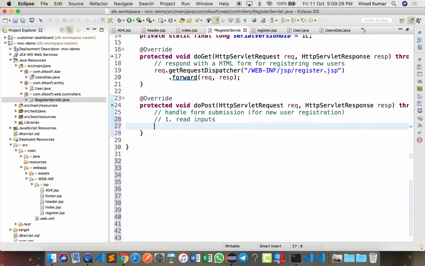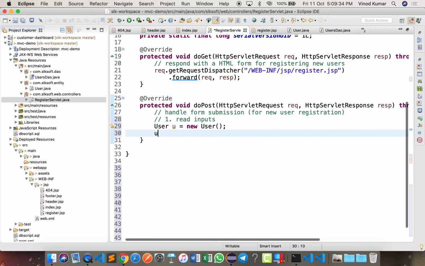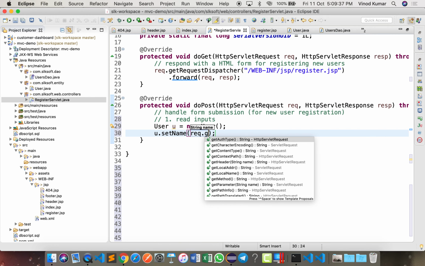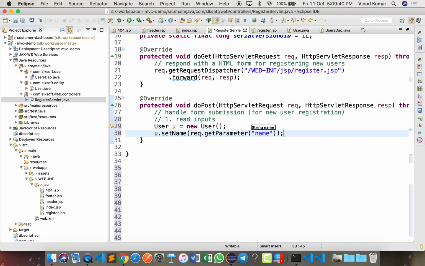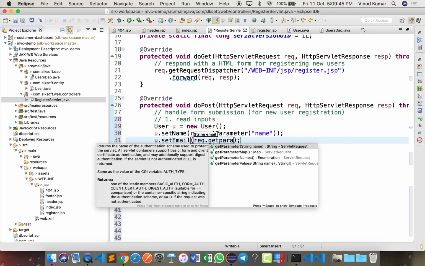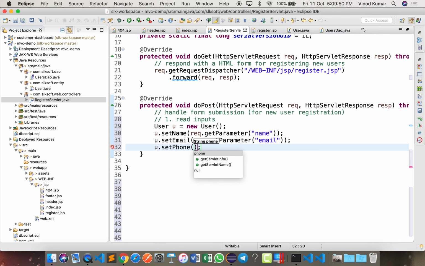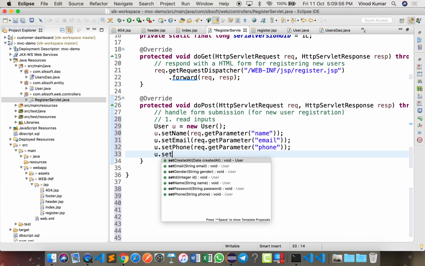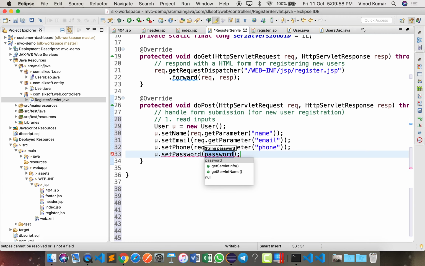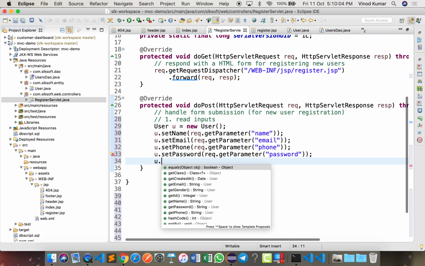And this is where I'll say User u equals new User, and User is from my own class, and then I type u.setName(req.getParameter("name")), and the same way u.setEmail(req.getParameter("email")). This is the boring part, right? So phone, req.getParameter("phone"), u.setPassword(req.getParameter("password")), u.set